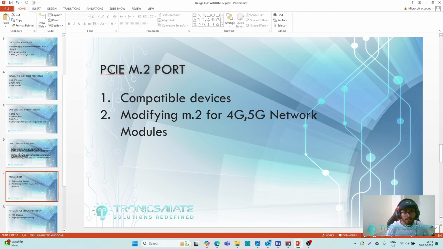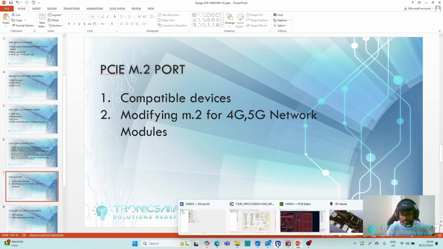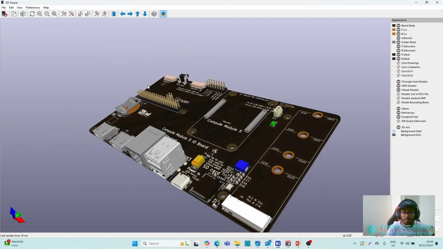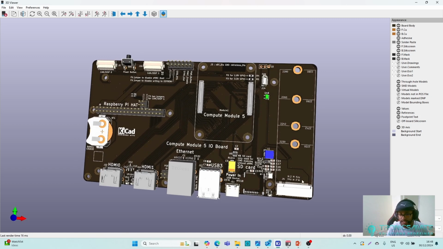In the last page, we have the PCI Express M.2 port. Let's start from the 3D view. Normally the M.2 port comes in different sizes. You can see they have added the mounting hole for each size here. It is very good. But if you are designing a CM5 IO board, and you know the sizes of the modules you are going to use,